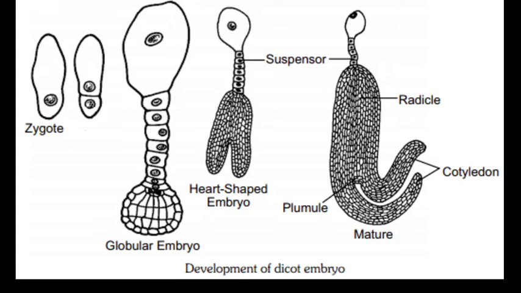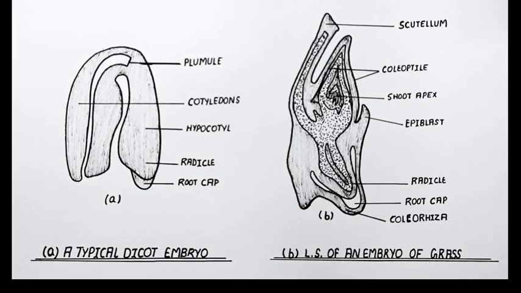Now here we go with the dicot embryo. What is a dicot embryo? A typical dicotyledonous embryo consists of an embryonal axis and 2 cotyledons. Have you seen it? 2 cotyledons. The portion of the embryonal axis above the level of cotyledons is called the epicotyl, and this epicotyl develops into the plumule, or we also call it the baby shoot. Next, the cylindrical portion below the level of cotyledons, you can see there, is the hypocotyl.